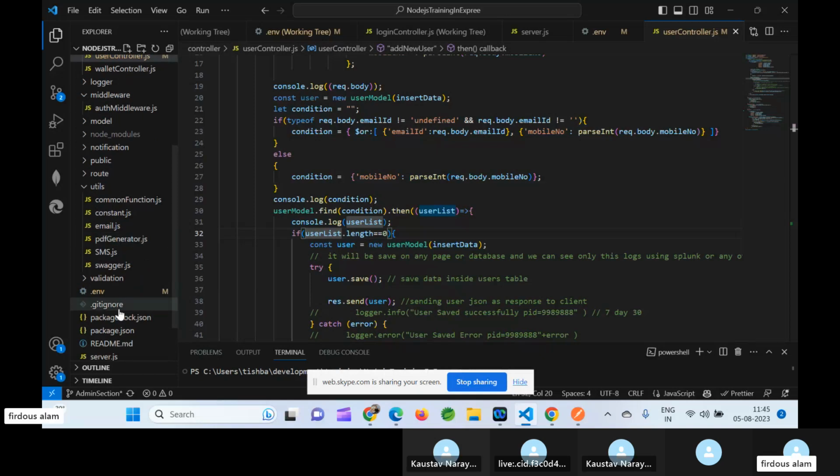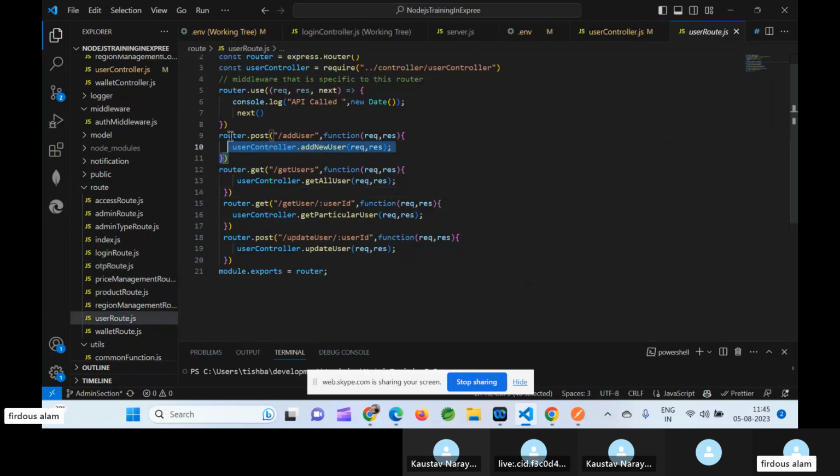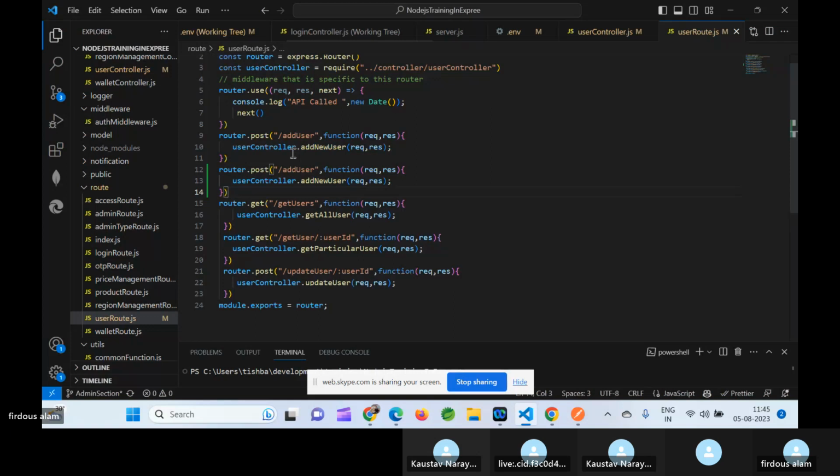Okay. Regarding routes, what I told is that ideally every route should be a distinct one, but in some cases we can use the same routes. For example, for add user, we have two routes with the same name, and that is possible. They allow it. And then